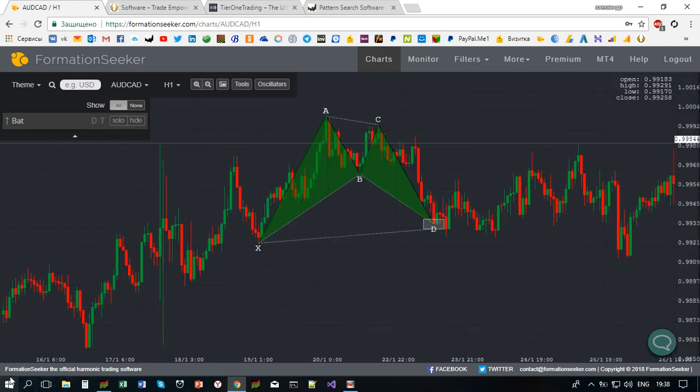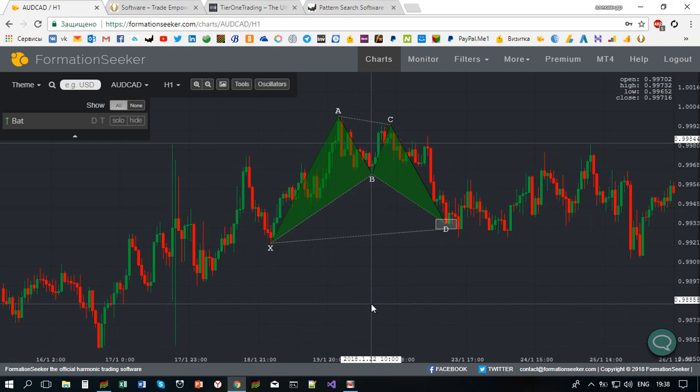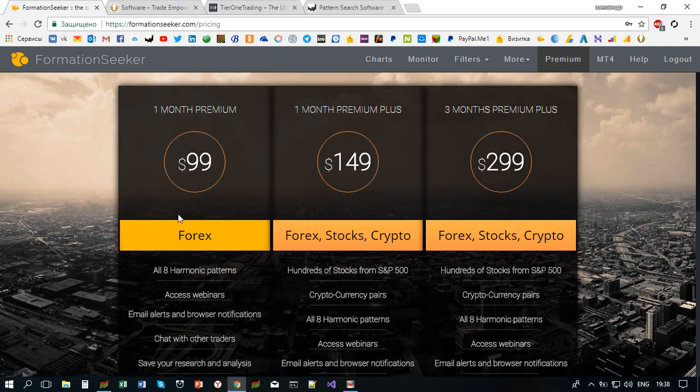So Formation Seeker is the official Harmonic trading software. This is the software Scott Carney uses for his trading. This is his official software. And the price was that. Let's go to pricing: 99, 150 and 300. Okay, that's it. Well, if you say, you know what, I want to be an aggressive trader, and